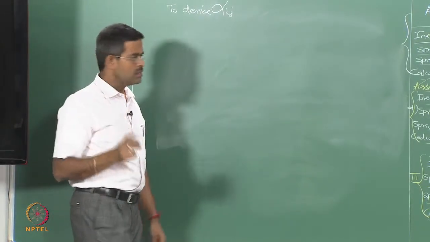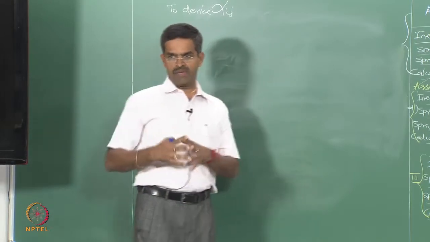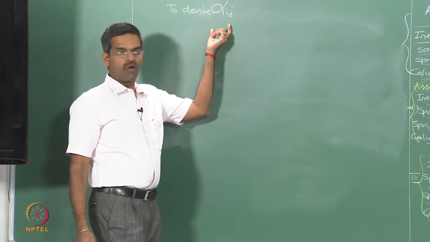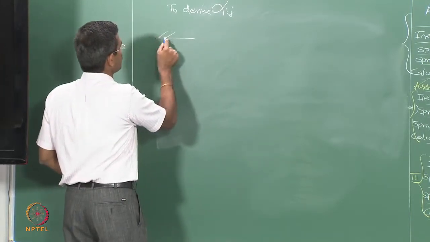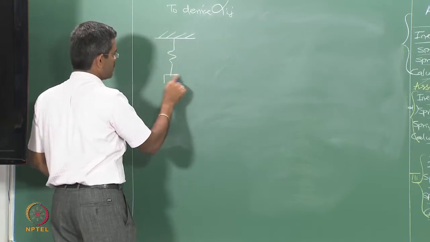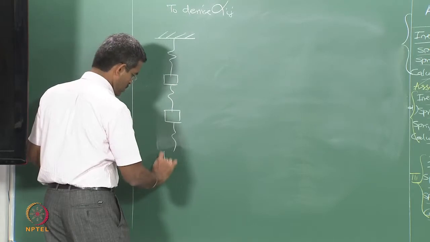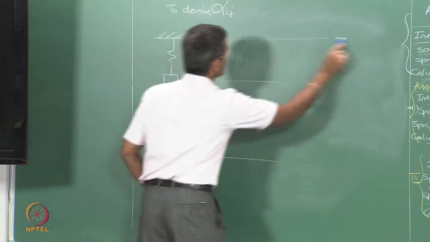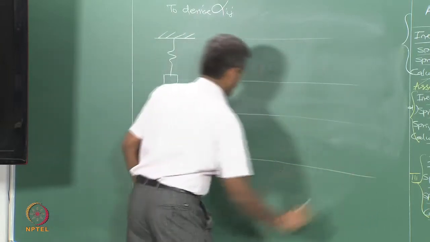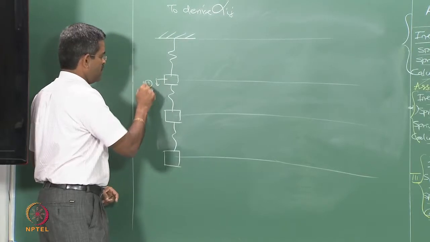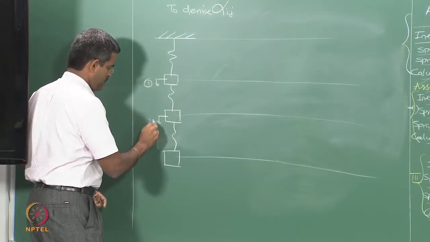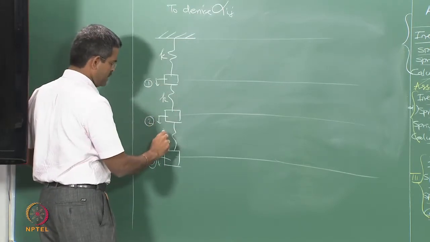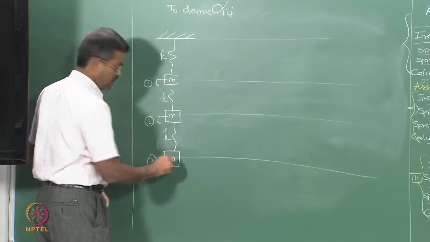Let us try to derive the alpha matrix directly. There are two ways of doing this. One, you can convert them into equivalent springs and keep on deriving, which is a lengthy procedure. We can directly derive alpha ij by forming an algorithm as we discussed in the last class. Let us try to do that, because I did that problem slightly faster in the last class. Let us repeat that for this particular example, so that we understand how this was derived. So, this is my first degree, this is my second degree, this is my third degree. Let us say we will keep all of them as k's and all of them as m in this example.